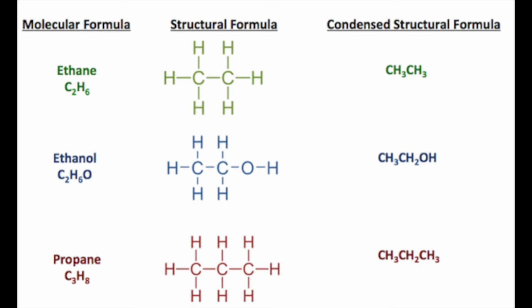And this is why it went from ethane to ethanol, because there's an OH, which means alcohol, attached to the carbon. And so we change ANE to OL. And for propane, instead of eth we have prop, we just have one more C, and so we call it propane. And if it had an OH attached to the end carbon, it would be propanol. Because